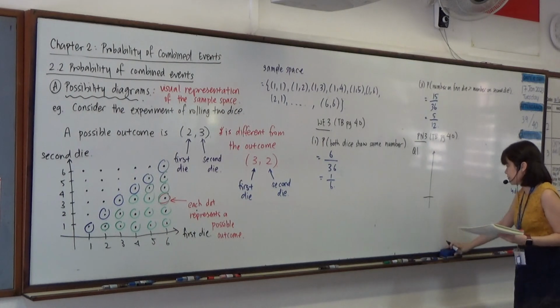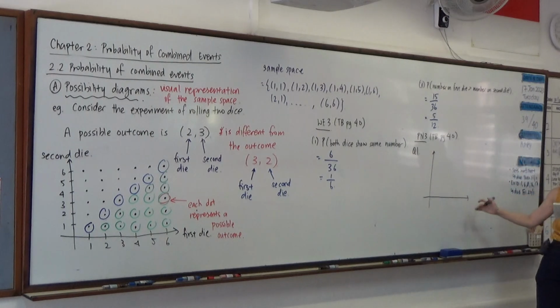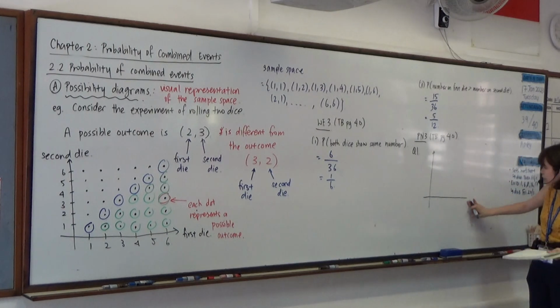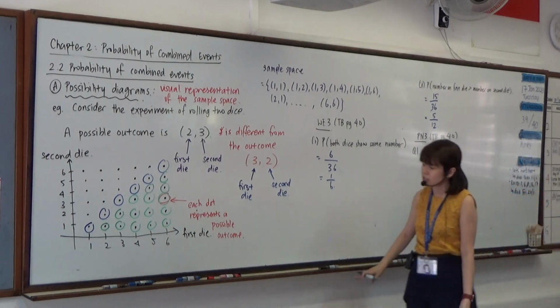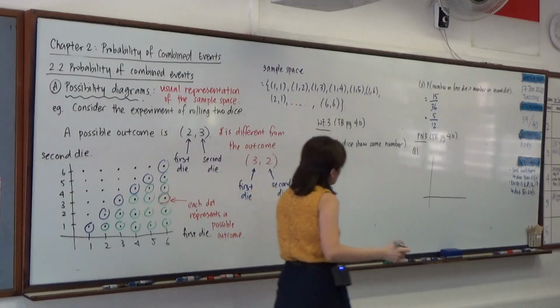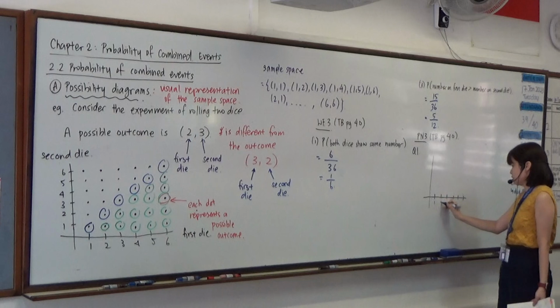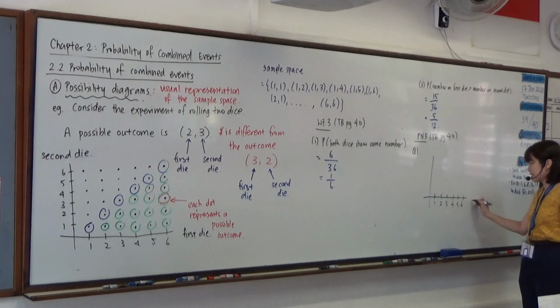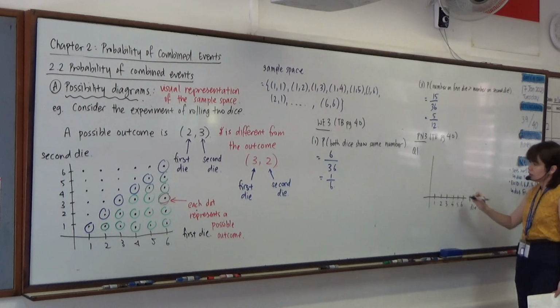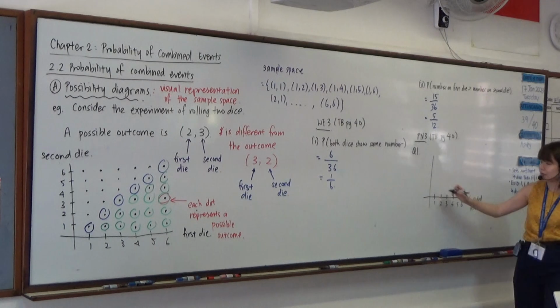Maybe to start things off for you, it's up to you how you want to label, but actually you don't need the arrow sign, sorry. The arrows mean that it goes on. Okay, so 1, 2, 3, 4, 5, 6. This is for the 6-sided die. And then for the tetrahedral die, the outcomes are 1, 2, 5, and 6.